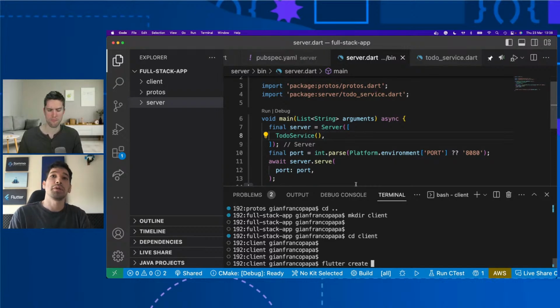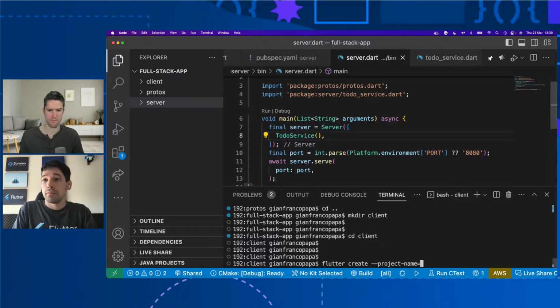We could use the web, but it's not going to work because to deal with gRPC in the web, you have to do some special things; it doesn't have full support yet out of the box. You have to do some more advanced things. But we can definitely test it in mobile and desktop. Okay. Sounds good.